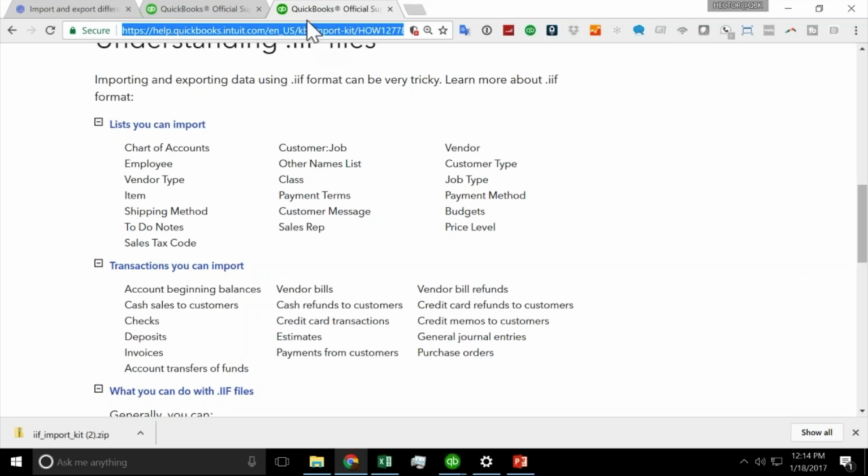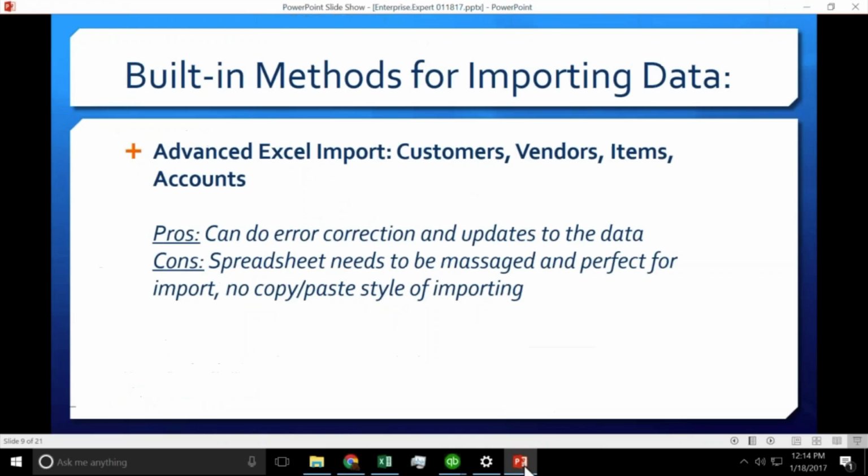Anyway, so that's an article that I recommend going to. This one actually breaks down for you the different transaction types and the lists that can be imported with IIF. As you notice, we can export and import chart of accounts, employee, vendor type, item, customer job, and a whole bunch of other things. Whereas with the advanced import that I'm mentioning right now, you can only do customers, vendors,